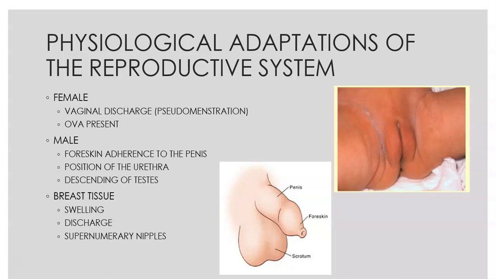It is normal for females to have a pinkish or reddish discharge from their vagina, almost like a pseudo menstruation. And this is just caused by the estrogen from mom's maternal hormone stimulating that. Fake period. So redness in the diaper is not concerning. It's a pinkish or reddish discharge, not concerning.